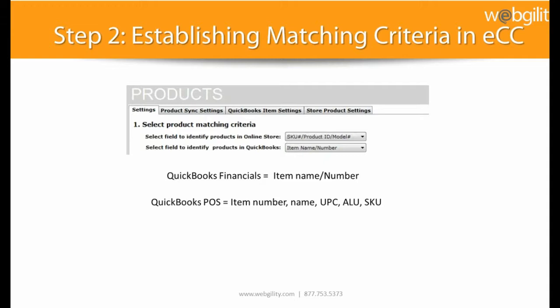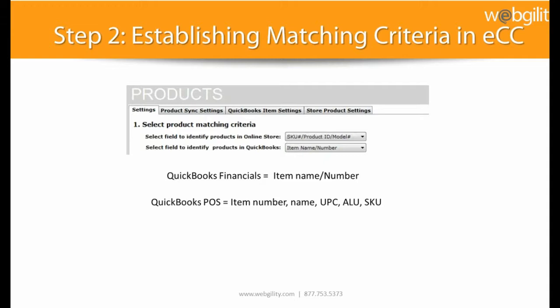So in my last webinar, when I talked just about inventory, I mentioned the name of the game is matching. You always want your products to match. If you have 5,000 products in your online store and 5,000 products in your QuickBooks, you want to see 5,000 matching products. If that's the way your products look in eCC, you're in a really good spot. You have just attained the first level of foundation to managing your e-commerce, and it is this matching